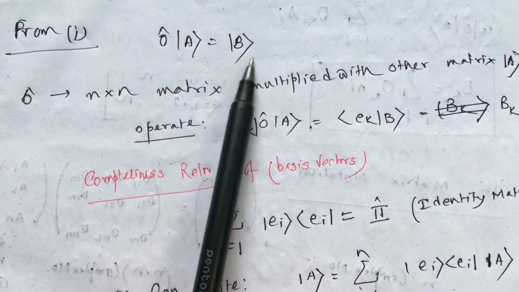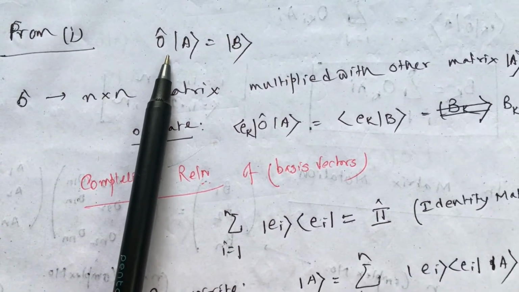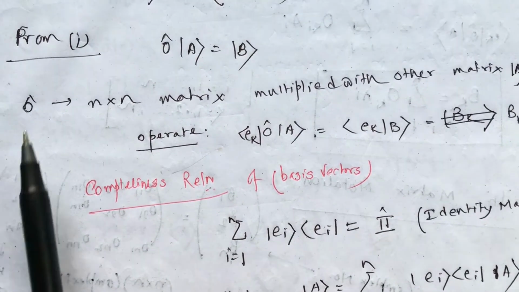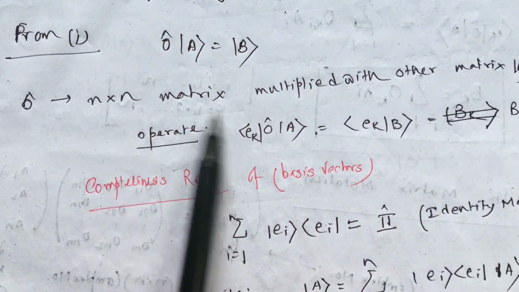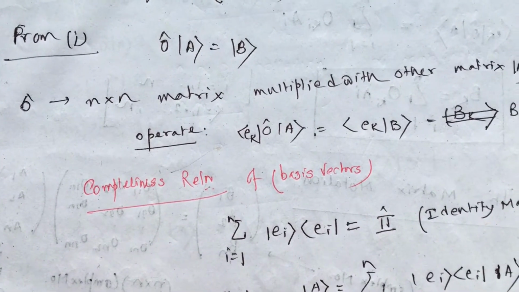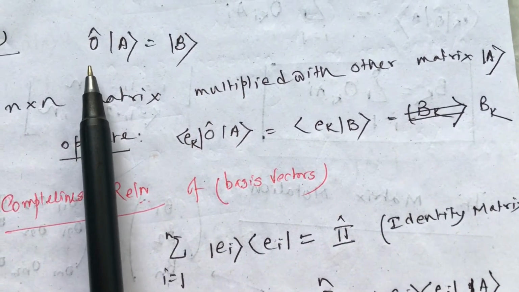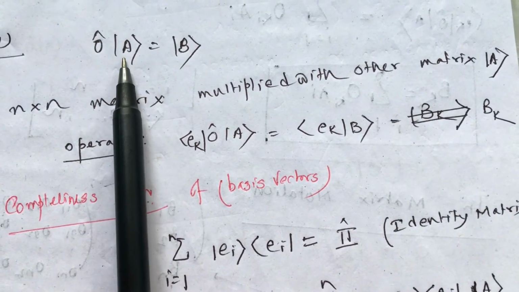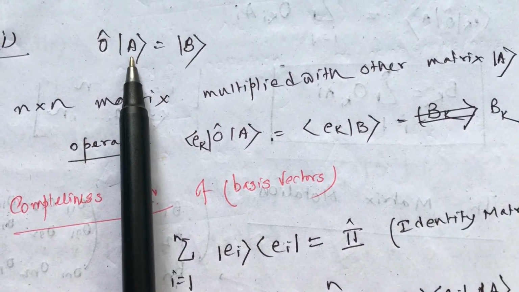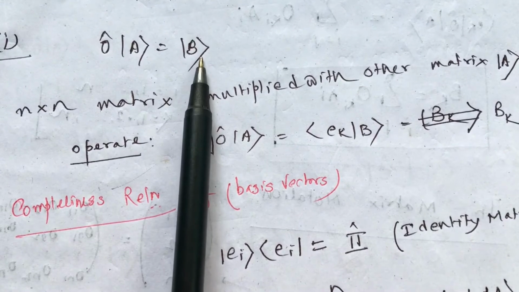Now let's take equation 1. What is an operator O? What is the form of this operator O? This operator O is basically an n by n matrix. So it is a matrix with n square elements. So what I am doing here is a matrix multiplication. This is a column matrix. I am multiplying this column matrix A with this n by n matrix, and it gives me another column matrix